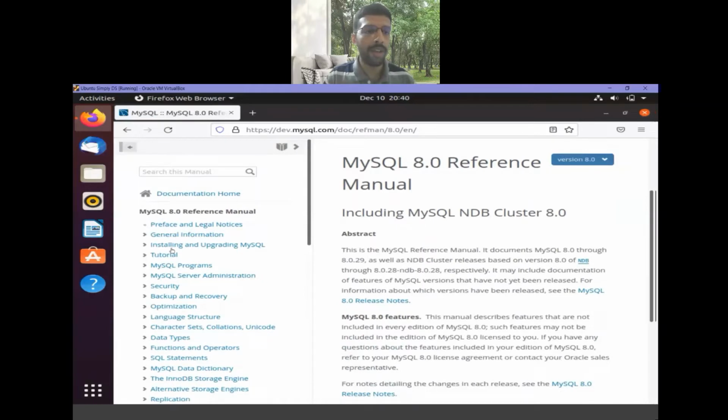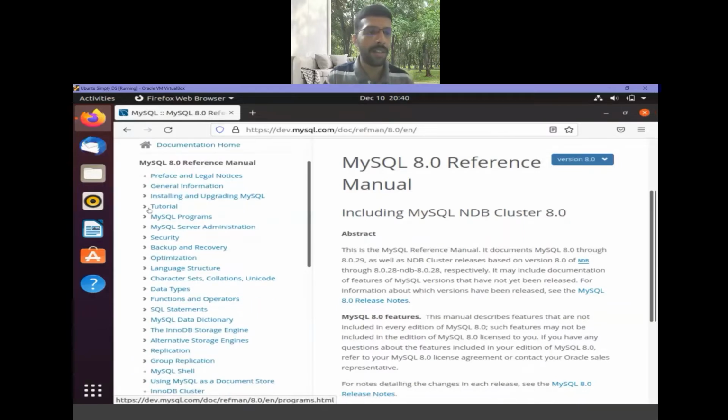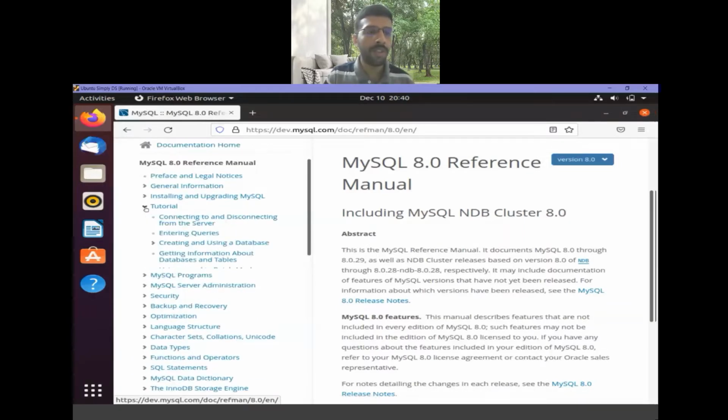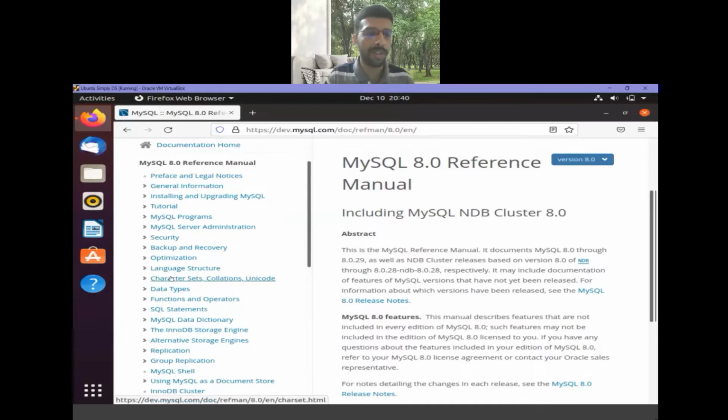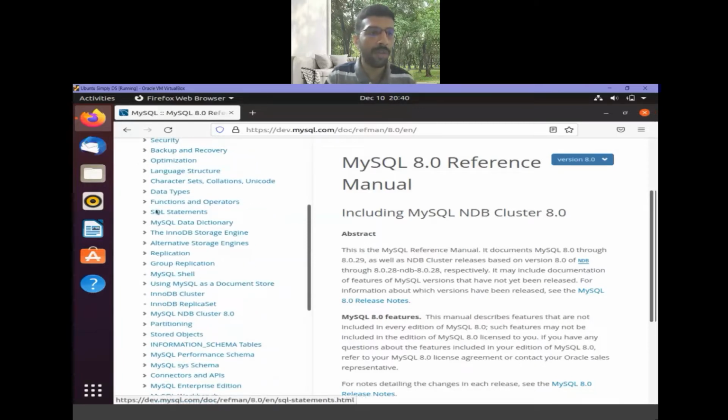So I will just give an overview of where you can find things that you need. Basically here you can see installation and upgrading, which we already saw in the previous session. There you can refer to if you want to install for Windows or Mac. And there is a tutorial section here, which has how to enter queries. I will just skip that; you can go through it if interested. So we'll be focusing on data types, functions and operators, SQL statements,